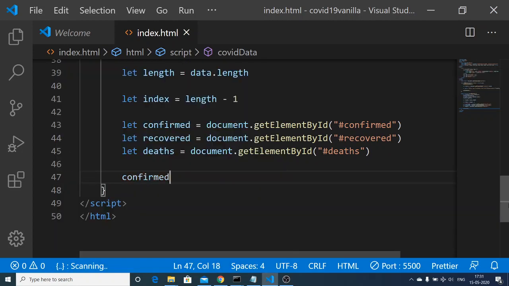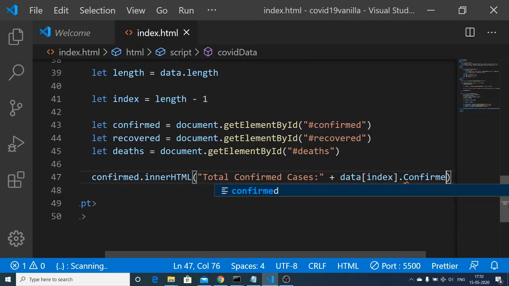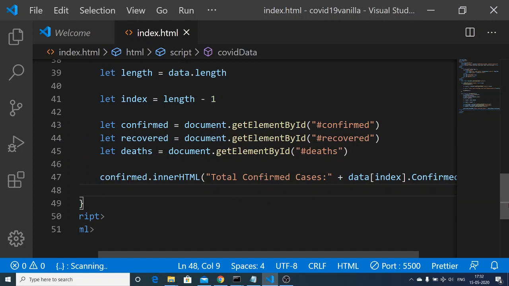So confirmed.innerHTML, and here we can write total confirmed cases, put a colon, and then we can concatenate data, index inside square brackets, and there is a property which has confirmed, so this will give the confirmed cases. Likewise, we can do it for the recovered as well.